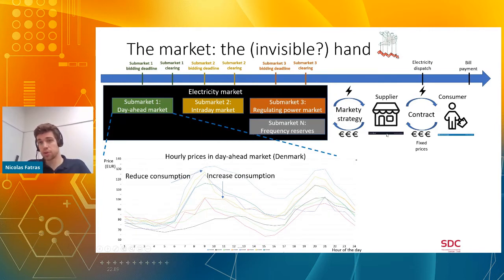And so what the supplier would like you to do, of course, is to consume at these cheap hours and avoid the peak hours. But because you have fixed prices, or because the industrial consumer has fixed prices, we're very insensitive to these price variations. And so we're not really making the grid or the supplier a favor here. So what we need to do is to convince the industrial consumer to consume at these low price hours.